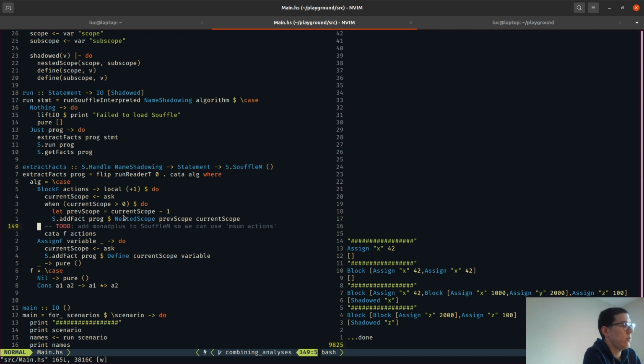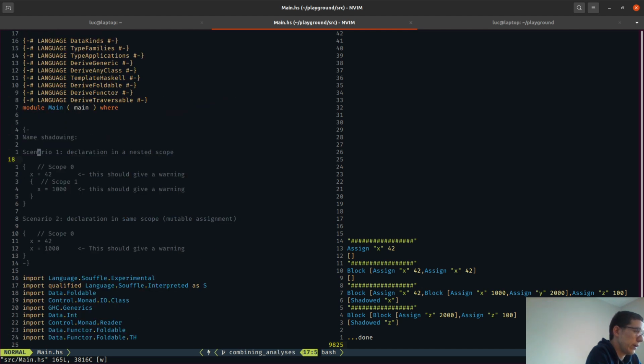So that's already quite a thing. But I wanted to combine multiple passes. So what we need now is we need to go back here and take a look at this example. So if we are in the same scope, but we have multiple defines with a different line number,